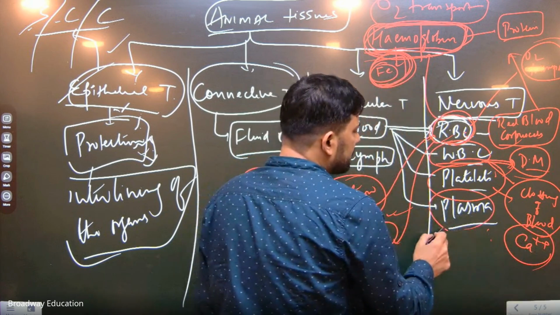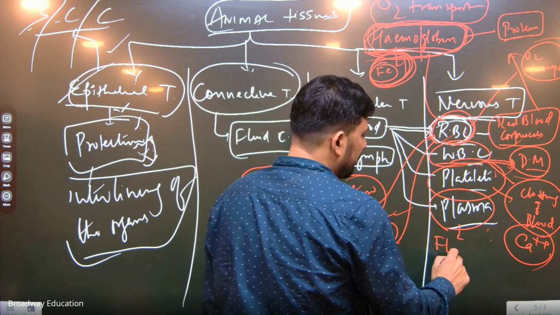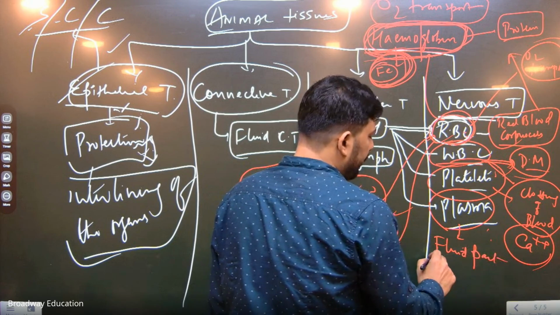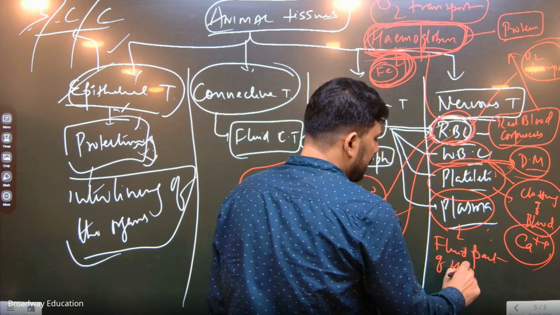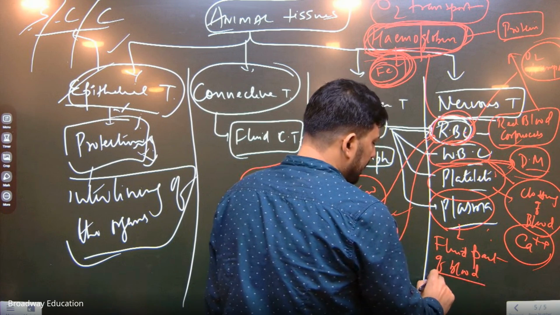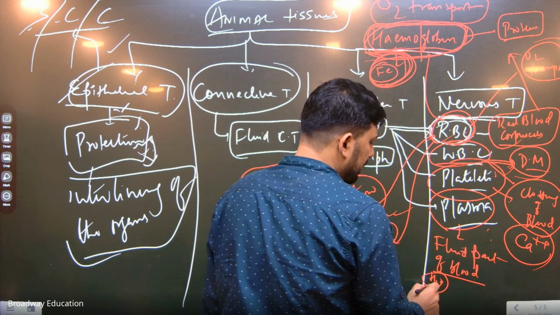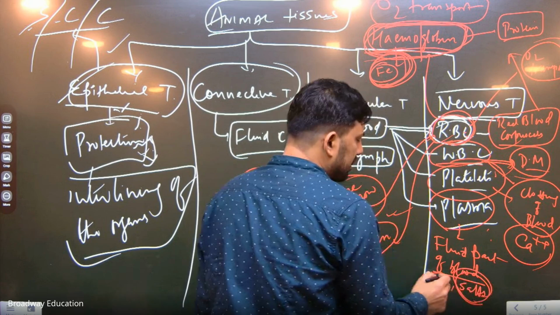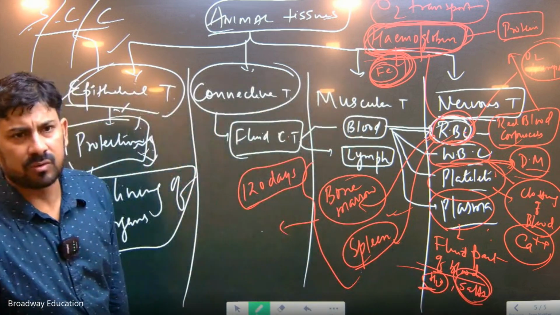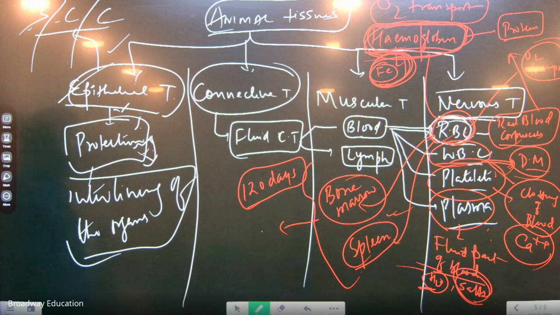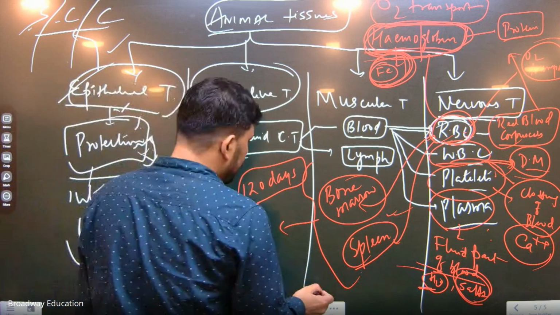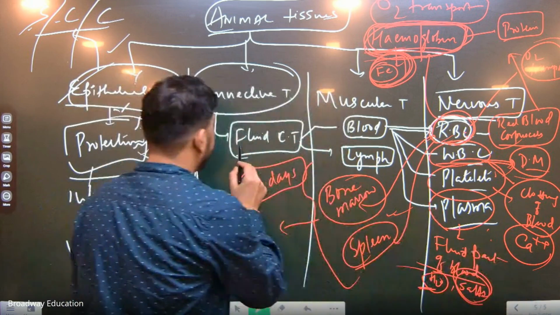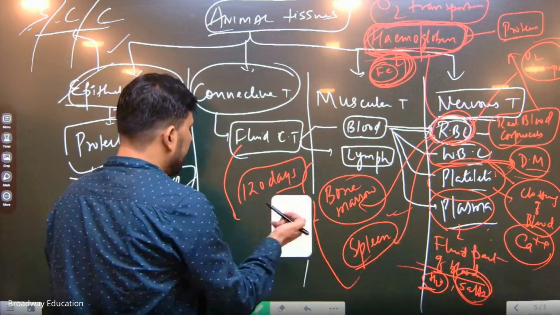and plasma is the fluid part of the blood having water. Fluid part of blood having water as maximum composition. Along with that, salts are there. Is this part clear? Yes or no? Understood? Now after this, we discussed about the lymph also. In the lymph part, in the fluid connective tissues, in the lymph part,